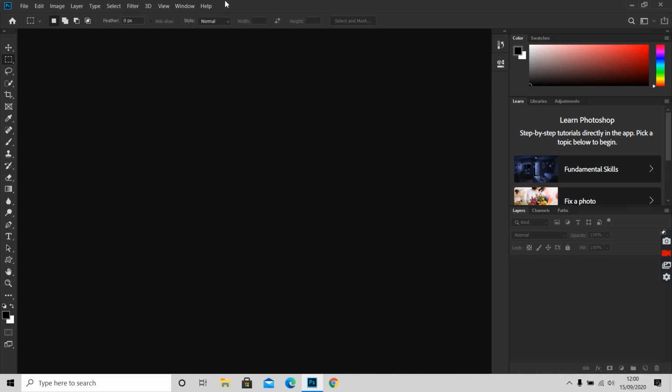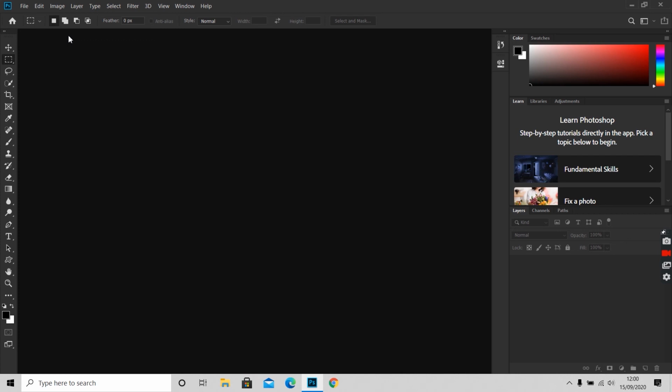At the top we have the main menu. This is the same as in any other software that you use. We can create a new document, save the existing one, or we can even open an existing document, that is, a document that we have on our device. And you can do much more.